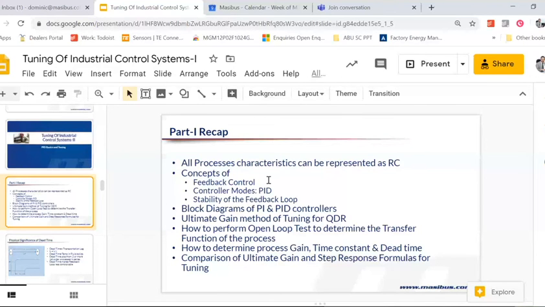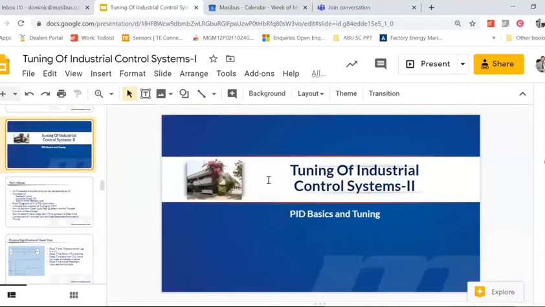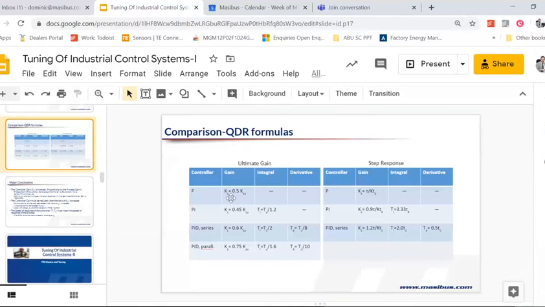The gain is 0.5 of the ultimate gain. The integral time in a PI controller is the ultimate period divided by 1.2. And in a PID series, the derivative is 1/4.